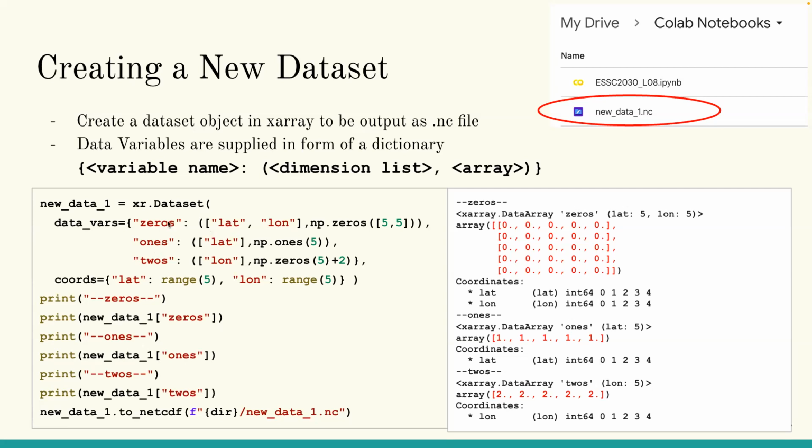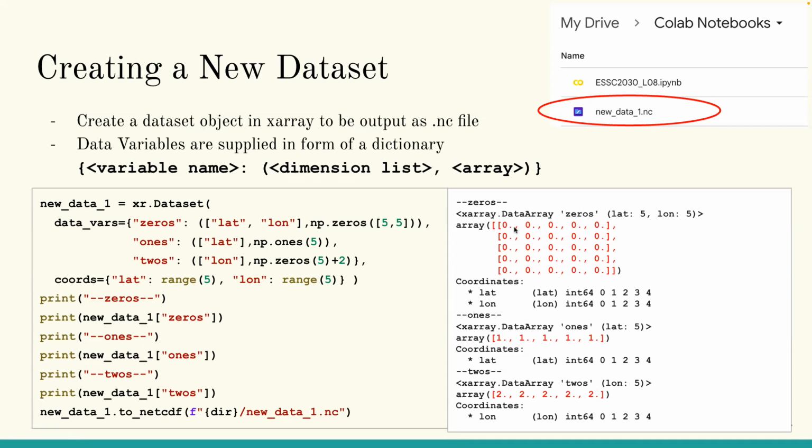So when you set a new variable, you need to give the computer the name of the variable, the dimension of the variable, and the actual values. So 3 things you need. And also another part for this data set is the coordinates: the name of your first dimension, values of your dimension, which is the coordinates, the name of your second dimension, and then the actual values of your second dimension. So when you print this data,